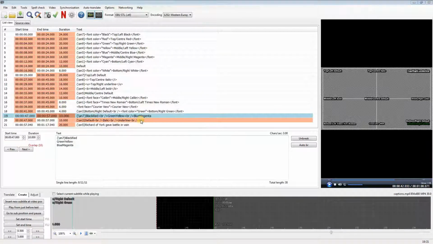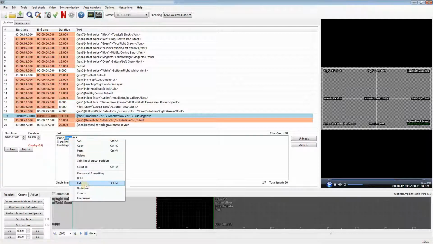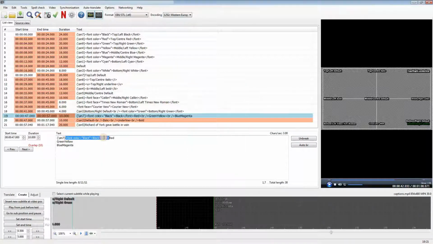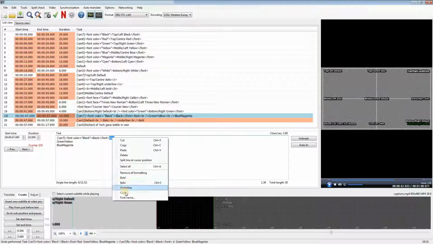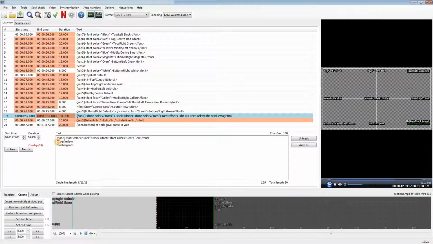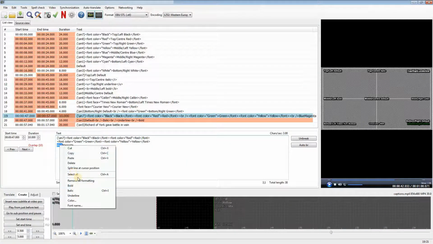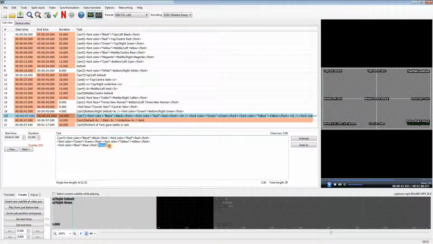And finally, I'll try some more complicated mixing within the same caption. So I'll set multiple colors here in one caption. And for a couple of the colors, I'll set some other styles as well.